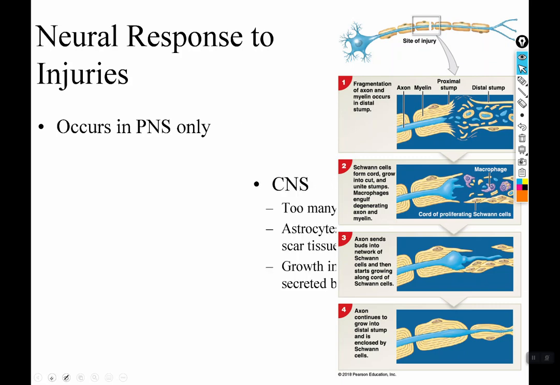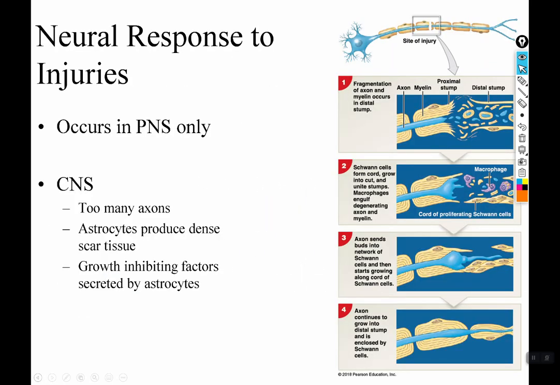So let's have a peek at neural responses to injuries. I mentioned earlier that neurons are amitotic, meaning they don't reproduce by mitosis. But that doesn't mean they're incapable of healing from injuries. So let's say you are cutting vegetables on a cutting board, for example, and you accidentally, whoopsie daisy, the knife slips